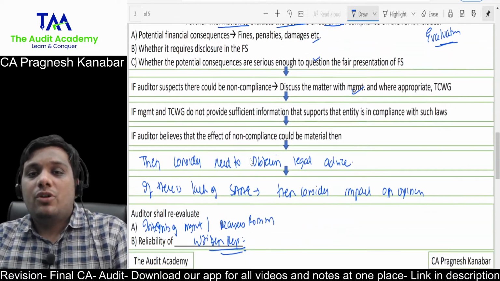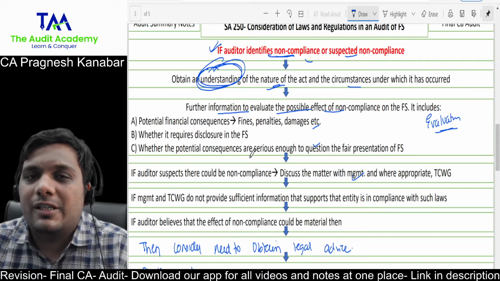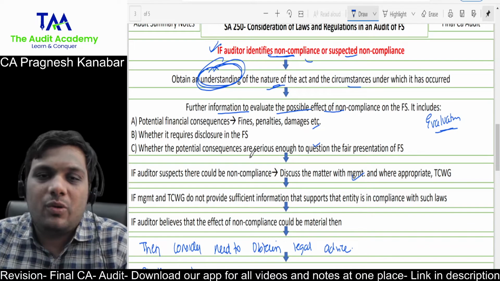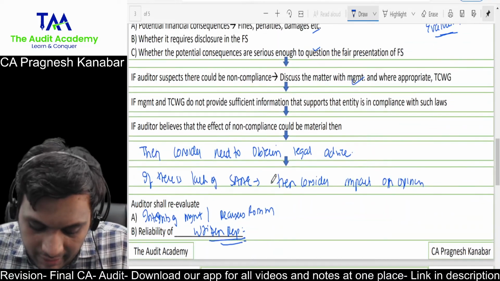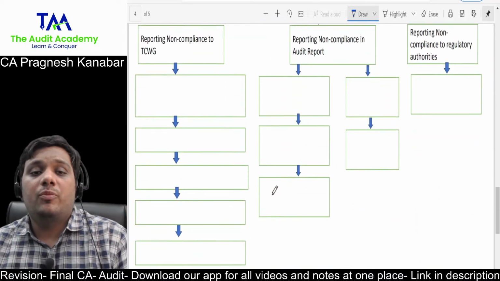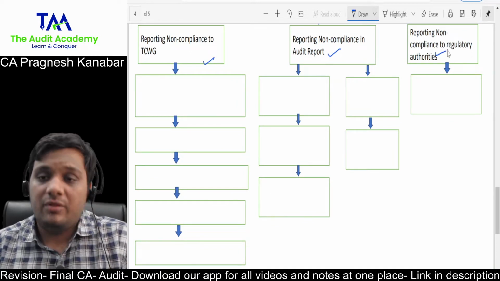All right. So this is how you are going to deal with the answer. If the auditor identifies non-compliance or suspected non-compliance, this could be a completely separate question. They have tested this in recent RTPs and MTPs also. Then we talk about reporting non-compliance to TCWG, reporting non-compliance in the audit report, and reporting non-compliance